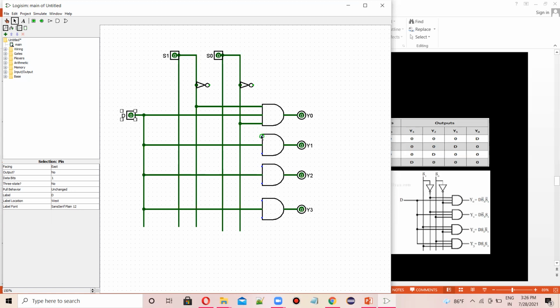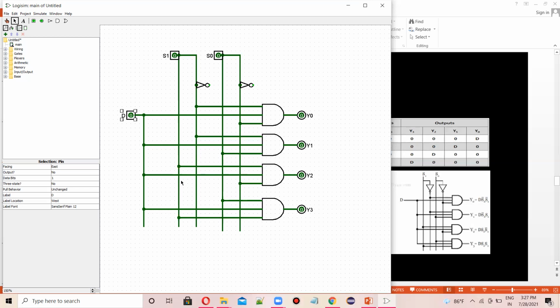And now I will select this with this part, and this with the NOT gate. Now let me connect this with this part and this with this, and this one with this part and this one with this.